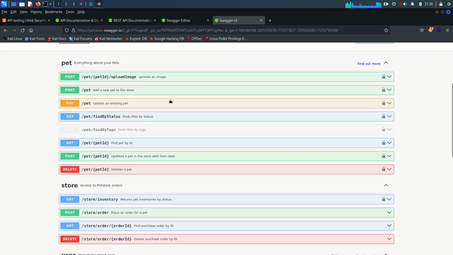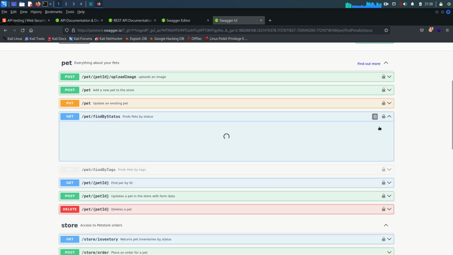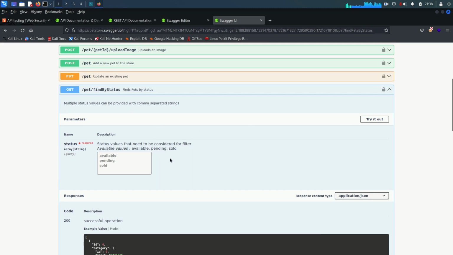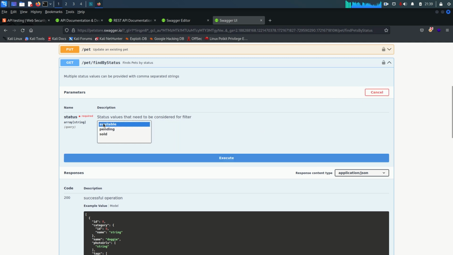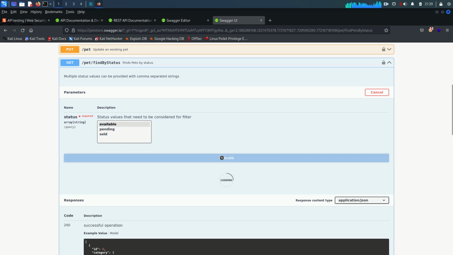Similarly, you can upload an image, add a new pet to the store, or find pets by status. So let's go to this. There are 3 options: whether the pet is available, pending or sold. So give me the list of all the pets available in the store. Let's say try out. I want to see a list of all the pets available in the store. So once I execute,